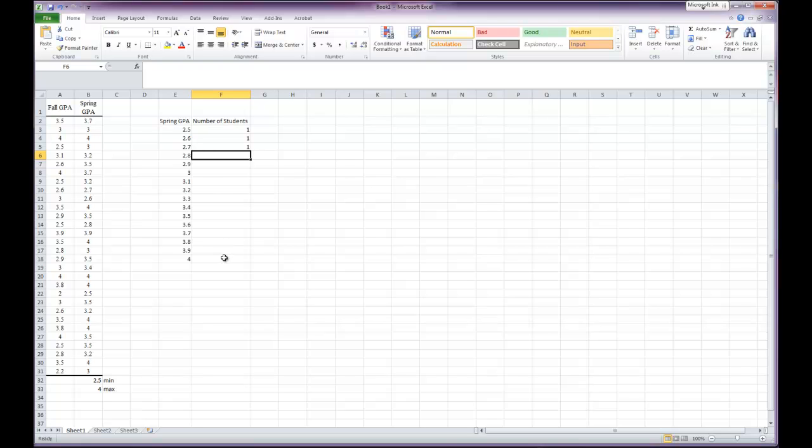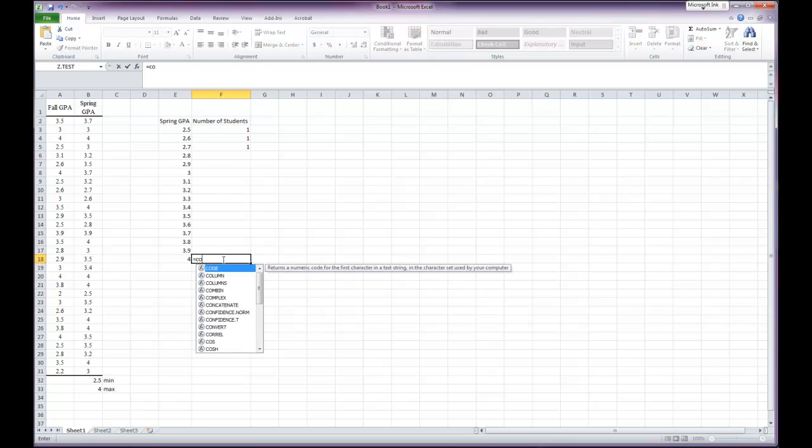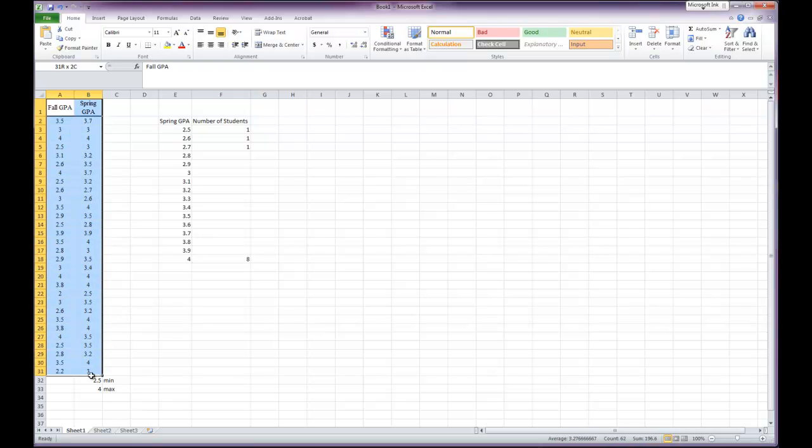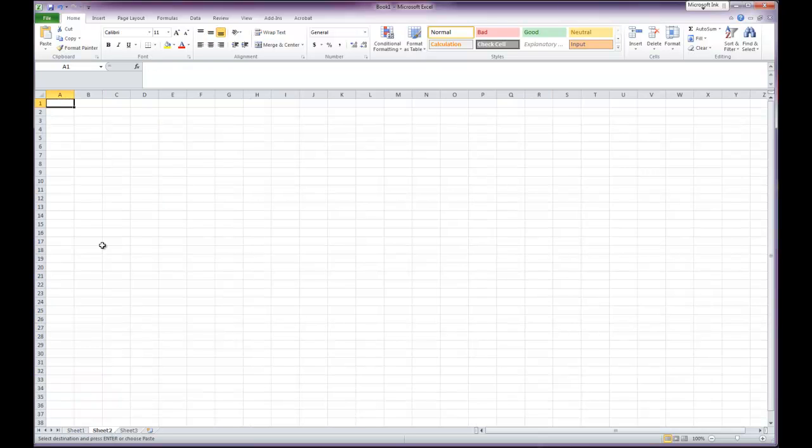And just to show you, let's go on this end. Equals count, double click COUNTIF, highlight all the data, comma space, 4. Hey, there's 8 4s, just to show you it's not always going to be 1. That's one way that you can do it for all of these. And that's perfectly fine. But if you don't feel like typing COUNTIF this many times, there is a shortcut that you can use. I am going to go ahead and copy, so Control C,